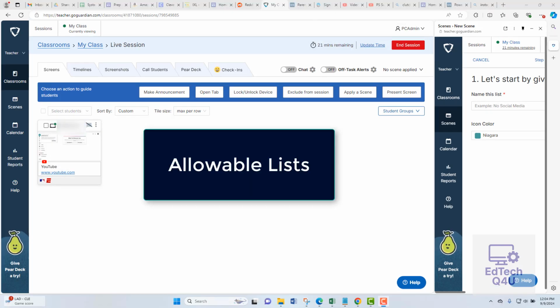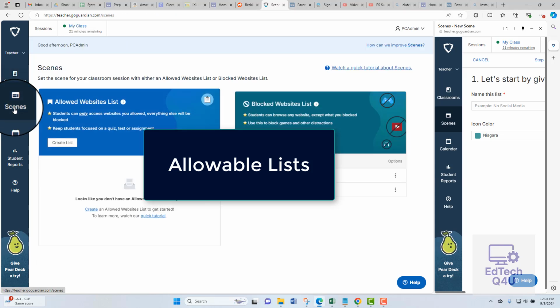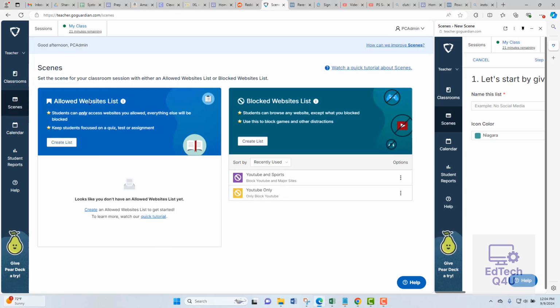Now we will create an allowable list. So if you click on scenes, you'll notice that you have an allowed websites list. Allowed websites is useful if you want to isolate students to only using certain websites. This could be very useful if you're doing something like an assessment in Schoology. Schoology does not have a lockdown browser, but you can use the allowed website list to actually create a lockdown browser. The way you would do this is you would click Create List,